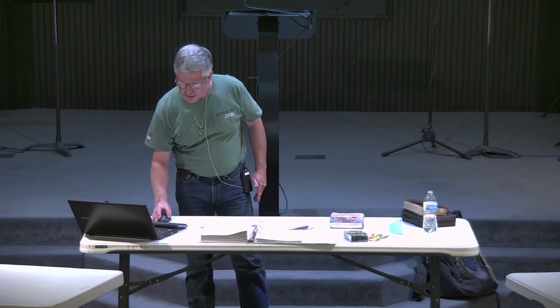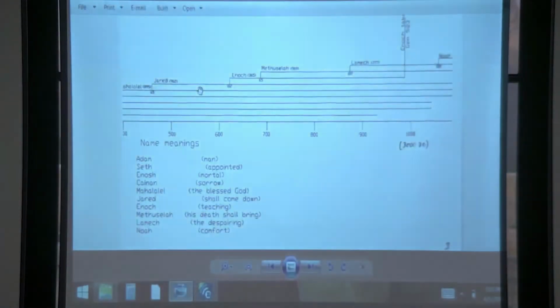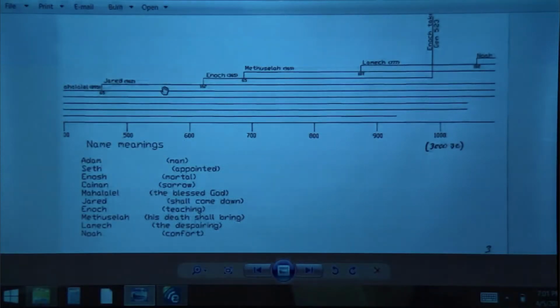Right here we see, as this continues, we see Jared, and Jared's name meant shall come down. This was probably at the time that Genesis chapter 6 happened, when the angels came down. Enoch,